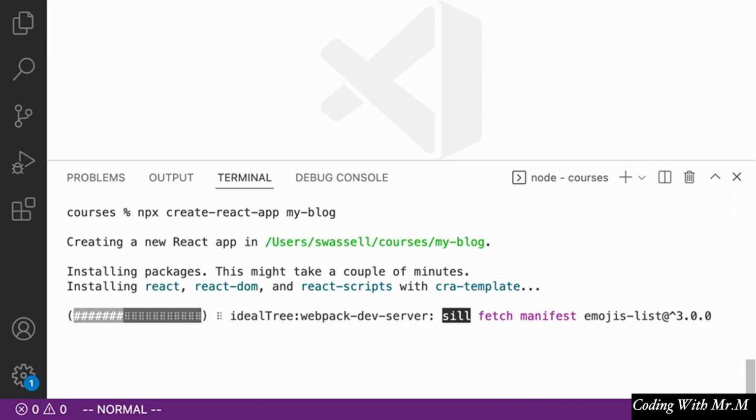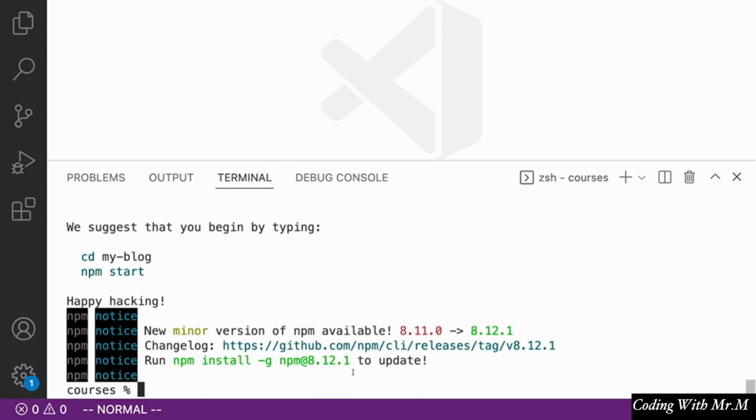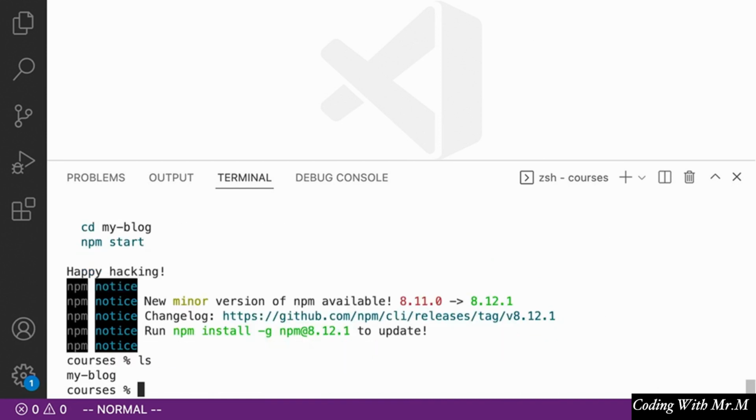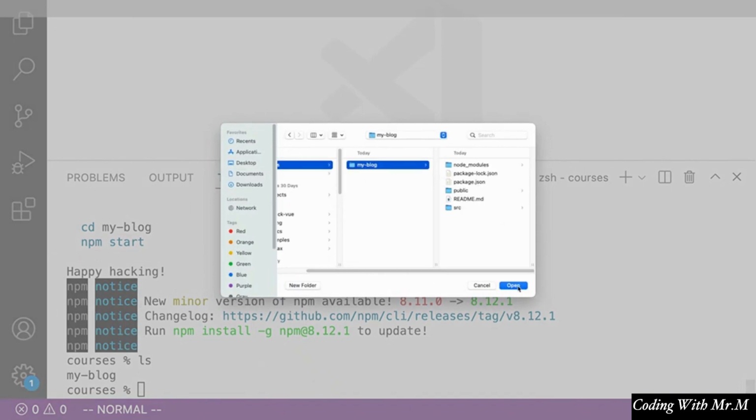So now that we've run the create-react-app command, what you should see if you list out your files in this directory is that we now have a new directory called my-blog. And what you're going to want to do is open that up in your IDE so that we can take a look at some of the files. So let's open up Courses and my-blog. And when we click open here, we should see that, sure enough, we have a lot of files over here on the side, and we'll discuss what each of these is very shortly, but first let's see how to run